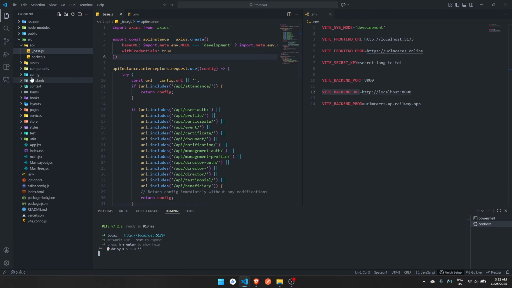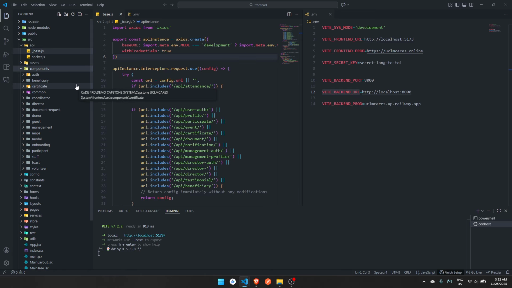Then in the front end, we also have the components. The components are reusable. We have pieces of code that we just call in our pages. Pages are for the display of the whole screen, and the components are broken down to follow the DRY principle. So I do follow the DRY principle as well, to make the structure and architecture cleaner and more readable.